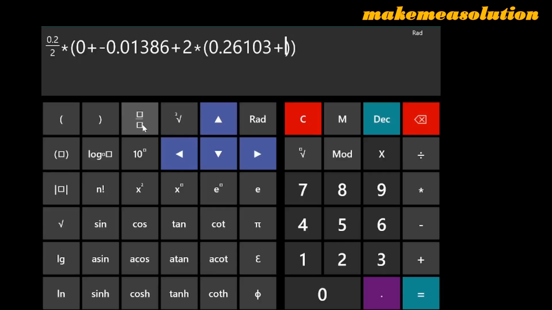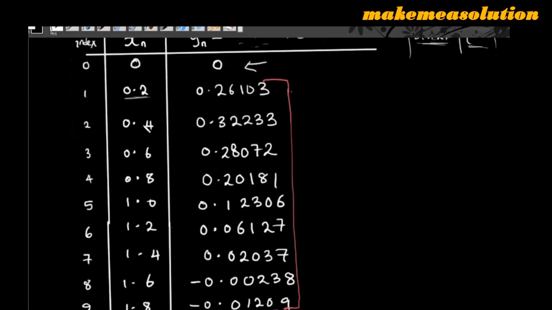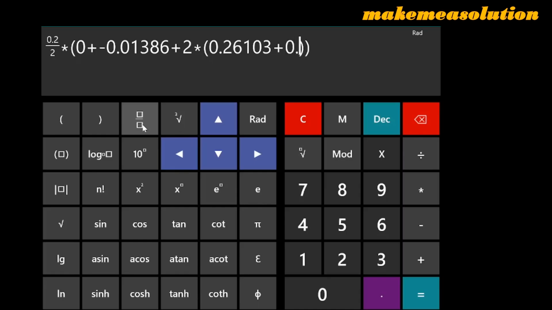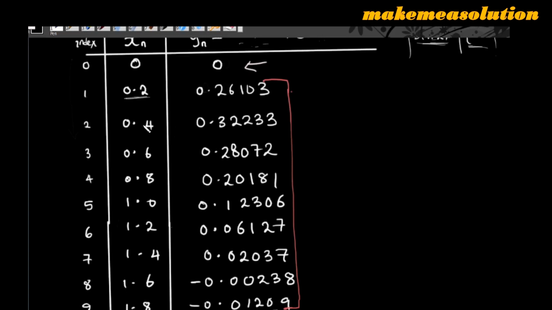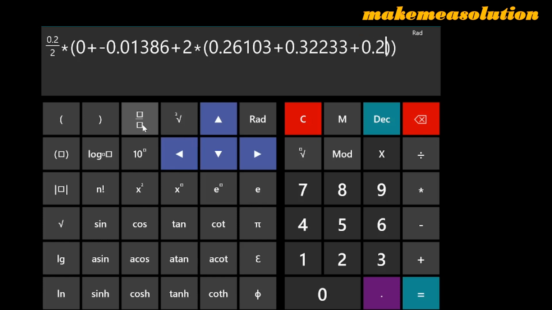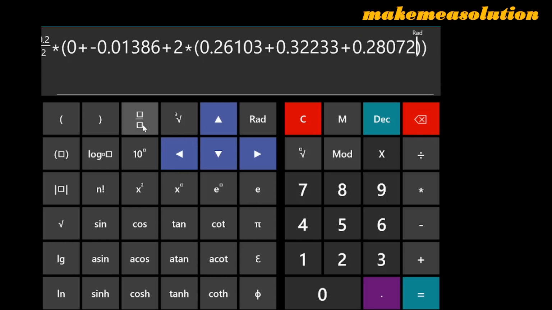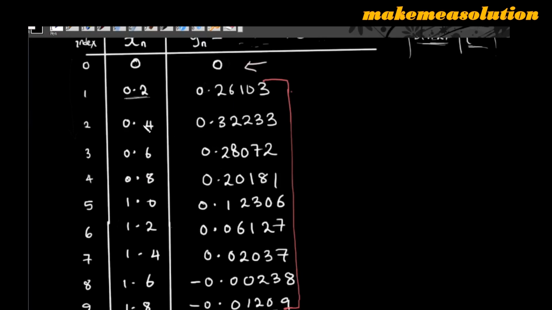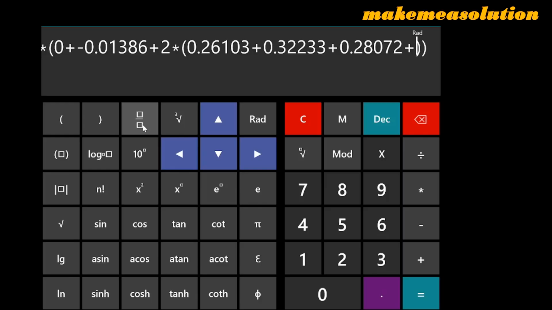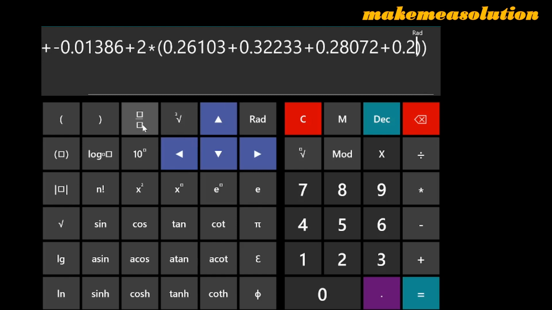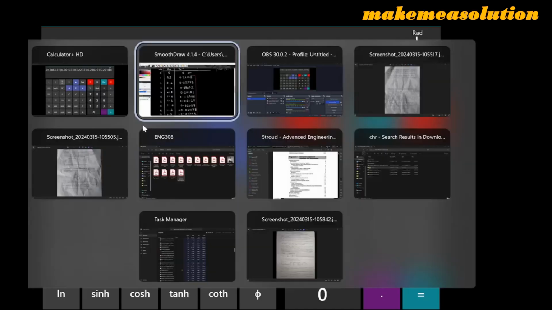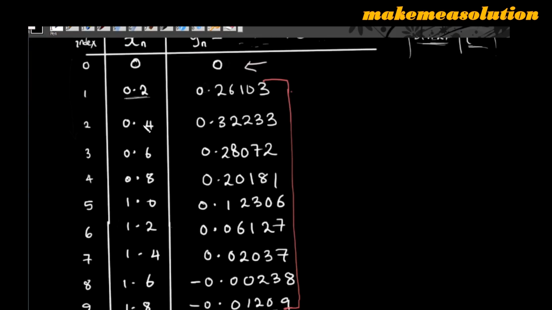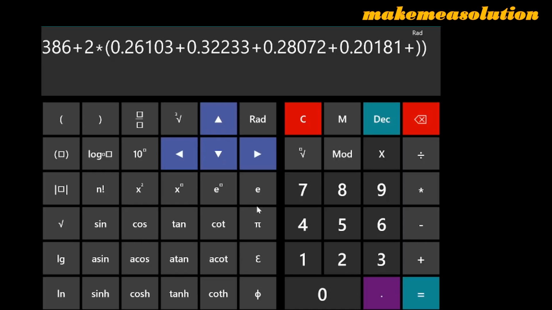0.26103, plus, we have 0.32233, plus, we have 0.28072. Okay, we now have plus 0.201881, and you now have plus, you have 0.12306,